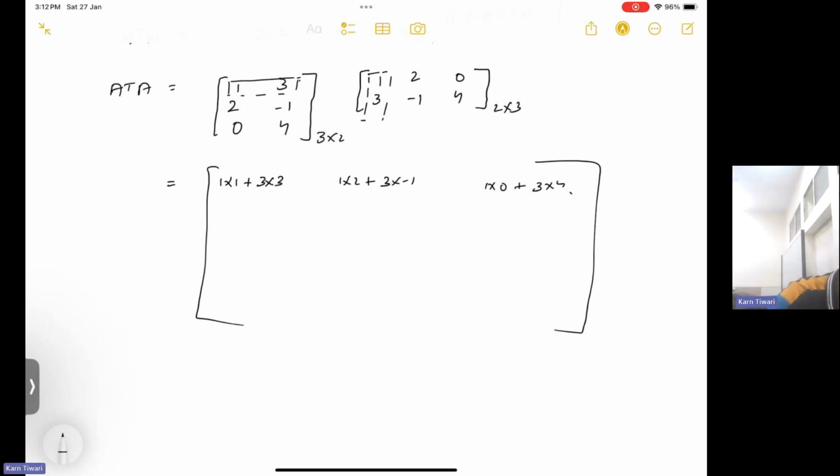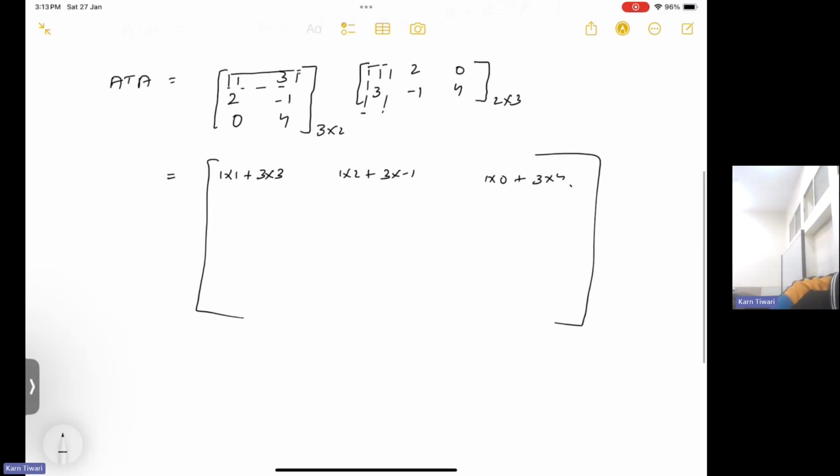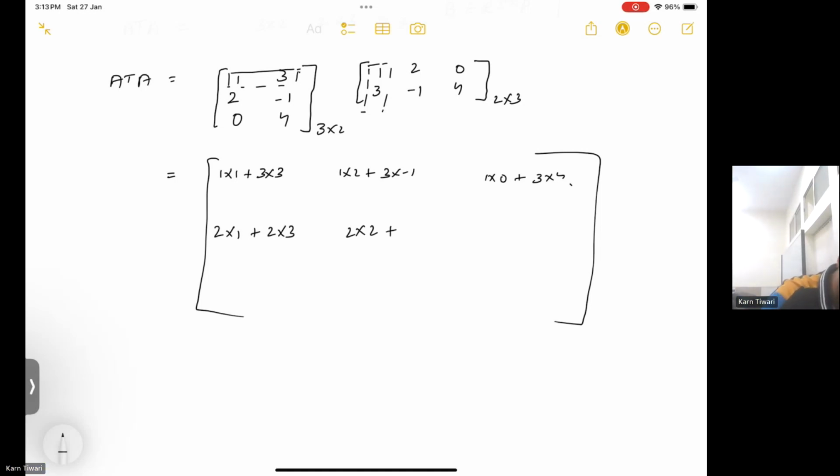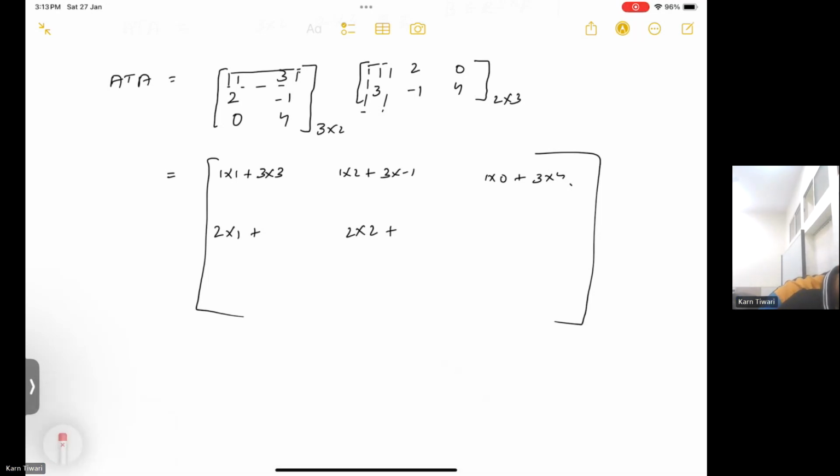The second row, we need to follow the similar procedure as we did for the first row, that is 2 cross 1 plus 2 cross 3. Now the next element will be 2 cross 2 plus, no, here it will be, sorry for the mistake. So 2 cross 1 and -1